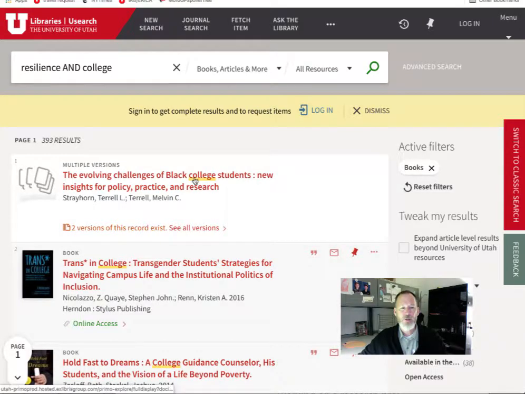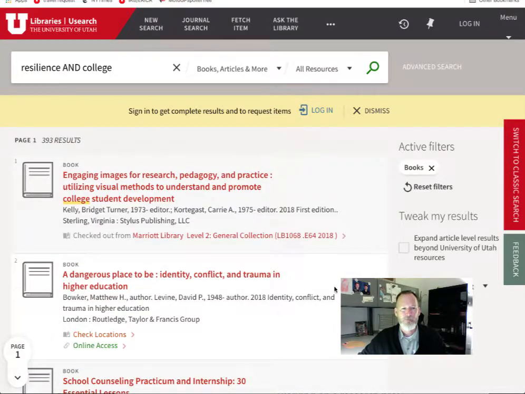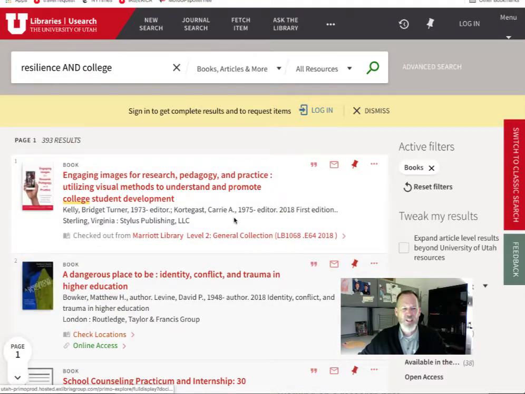And here we have our terms underlined. What I would like to do at this point is remind you that we have things that are in physical format and we have things that are in electronic format. You have access to both of those. Just make sure you log in with your credentials. But let's go date newest. And here you can see something about teaching,